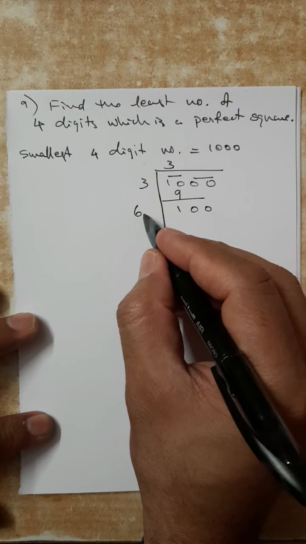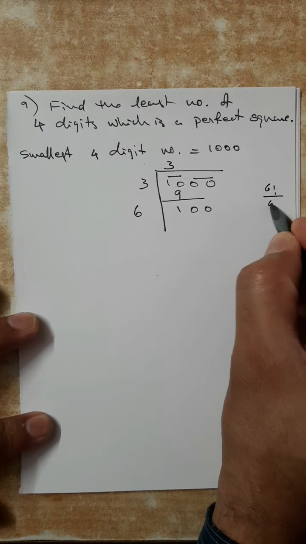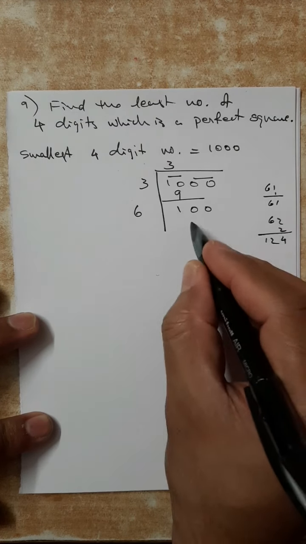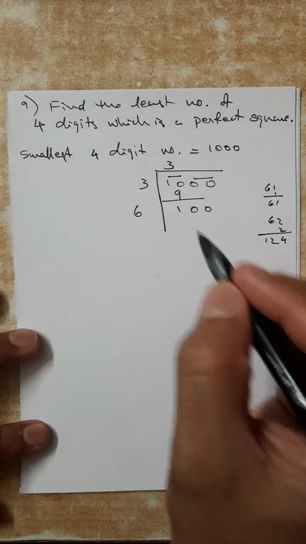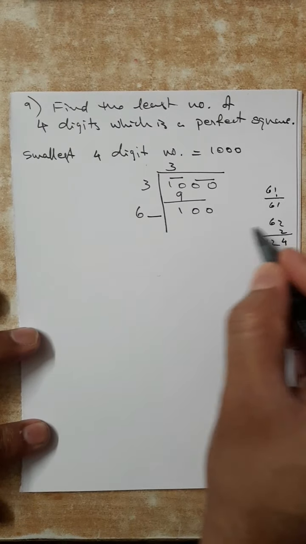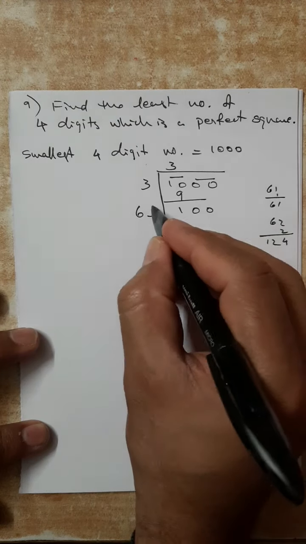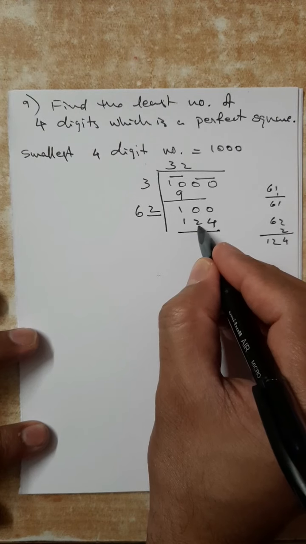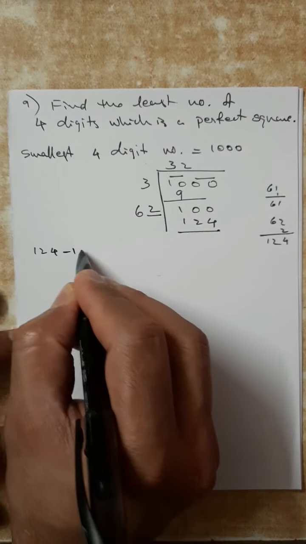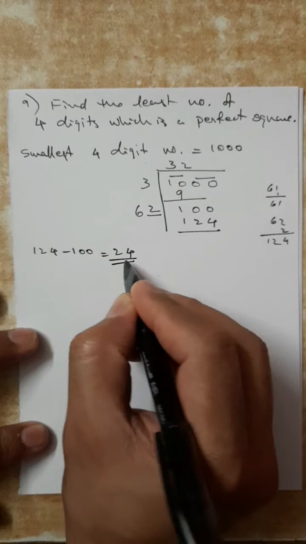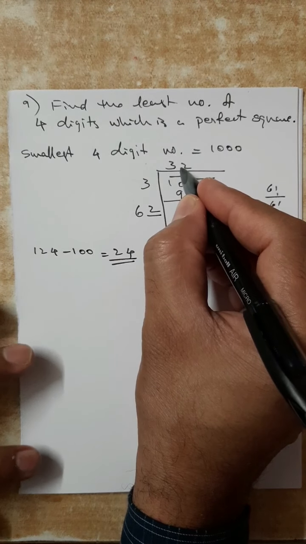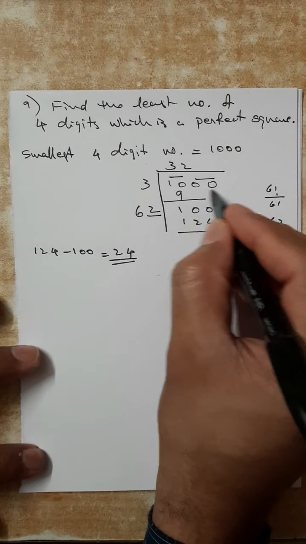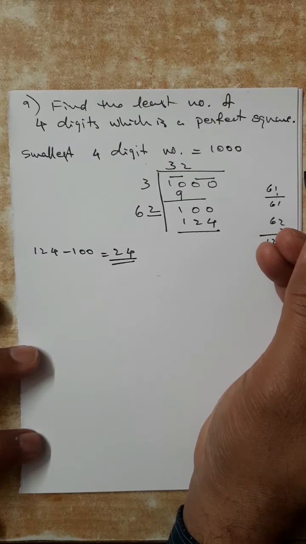With the 6, what to do? I can write 1 here, 61 into 1. If I write 2, it is not okay, 124, not going. But our aim is to add something. So if we are going to add something, the correct one will not be taken; the next will be taken. So 2 is taken. 124. Subtraction I will do separately. 124 minus 100 is 24. If I am giving 32, it will be alright. This is already small. If I give 24, this number will be alright, which will match with the 32.